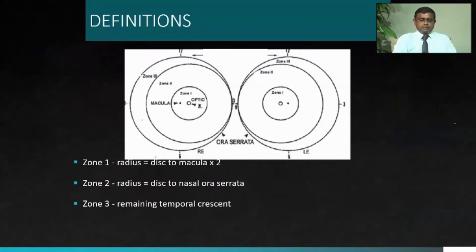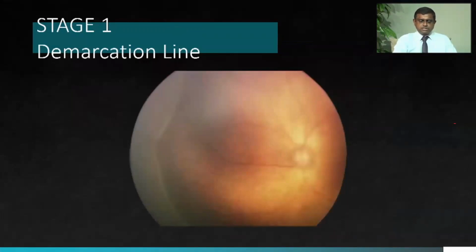So technically retinopathy of prematurity can develop in the center of the retina or the periphery of the retina. The central part of the retina, if it is affected, can cause severe visual impairment. So these cases we have to detect early and treat appropriately so the vision can be preserved in these babies. This is classified according to the severity of the disease.